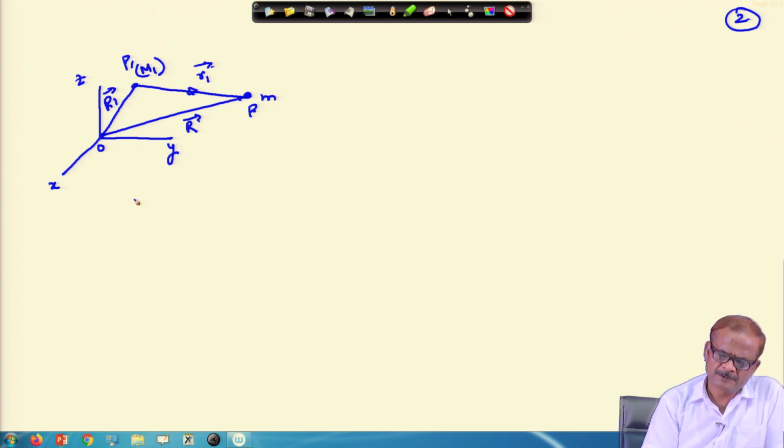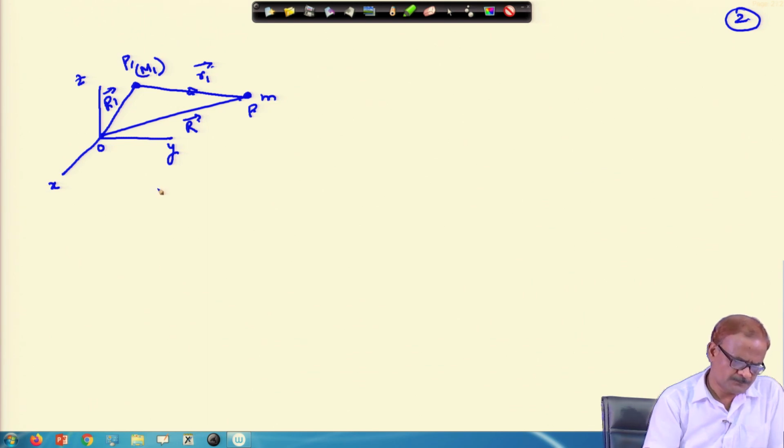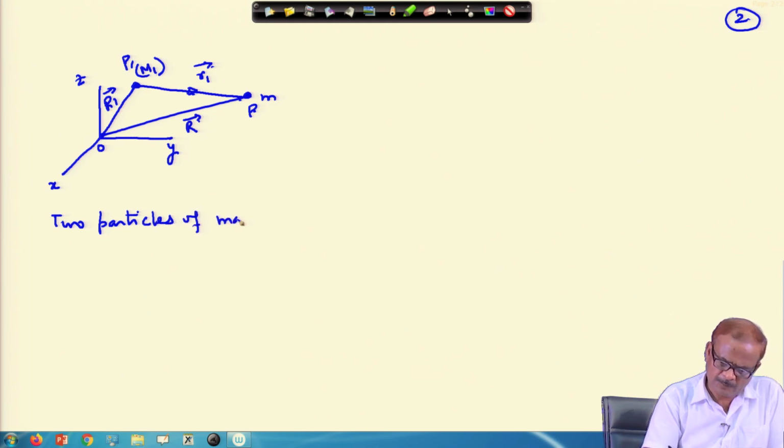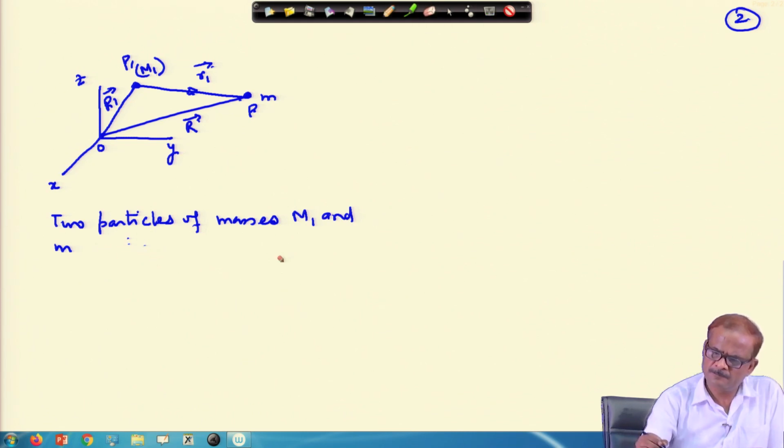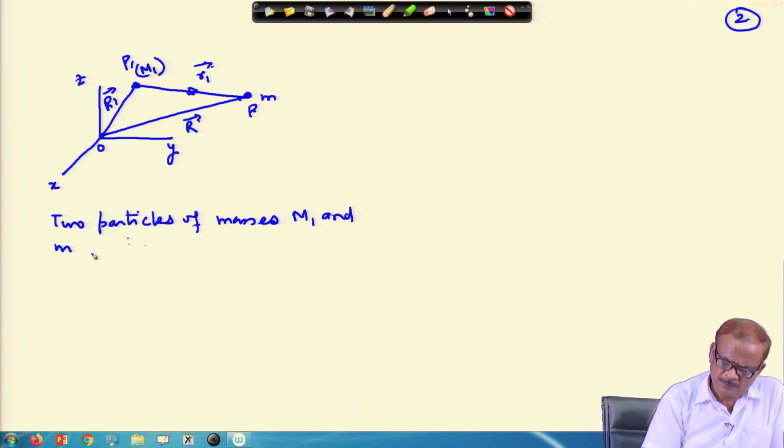Okay. So, with this we now start with our main topic of discussion today. Look into this configuration. Let us first consider that there are two masses m and m 1. You can show them by a small letter or capital letter, it does not matter. So, two particles of masses m 1 and m located at